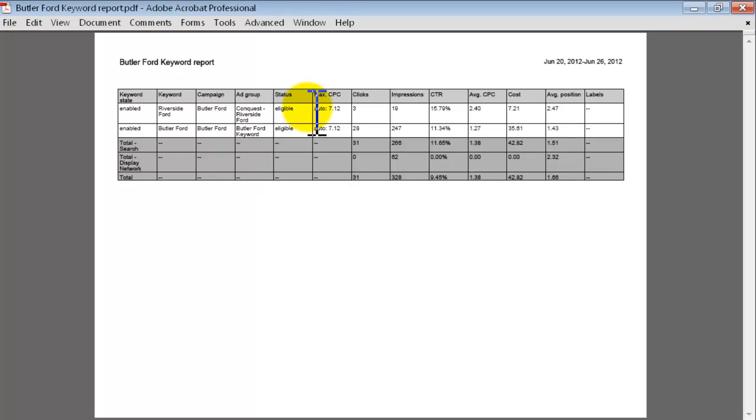It's just easier to look at here. But you can see this report runs for the last week. Not a very long time, but I just really wanted to get an idea. And here are the impressions. Now, impressions are basically how many times this ad was presented to a visitor on Google after they put in their search term or their keyword. So if they typed in Riverside Ford,